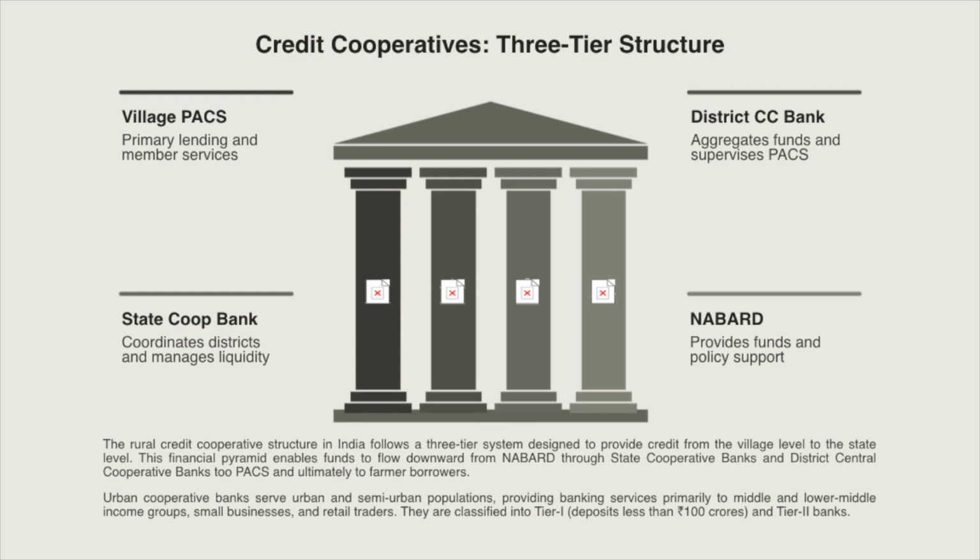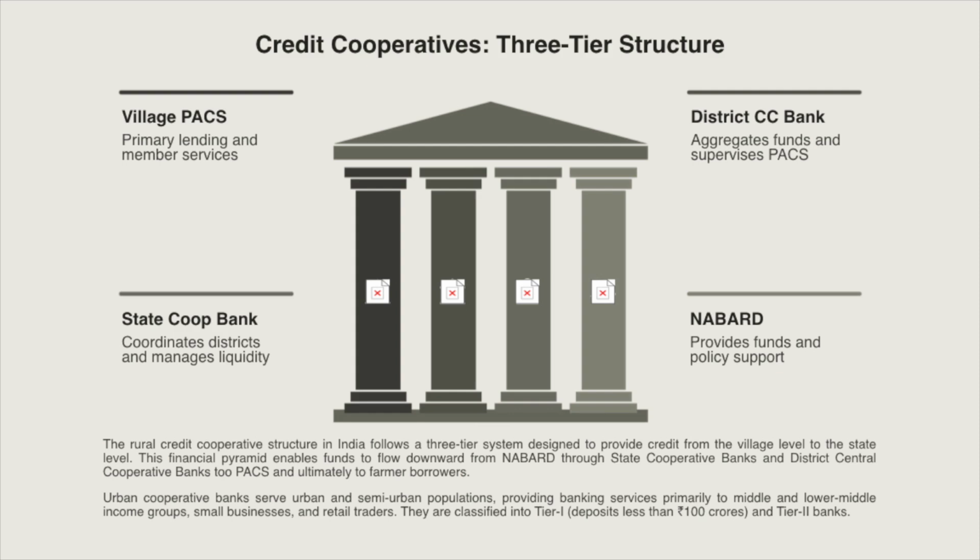Now, let us discuss the credit cooperatives. The rural credit cooperative structure in India follows a three-tier system designed to provide credit from the village level to the state level. This structure ensures financial intermediation, risk distribution, and coordination across different levels. At the base are primary agricultural credit societies, which were discussed earlier, operating at the village level and providing direct credit to farmer members. The intermediate tier consists of district central cooperative banks, also called district cooperative central banks, and